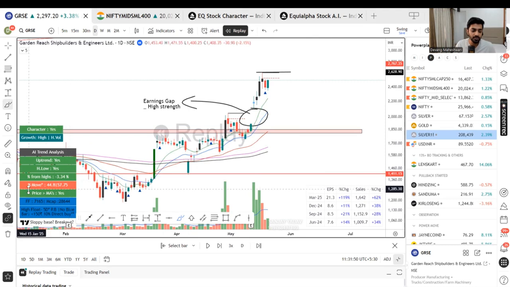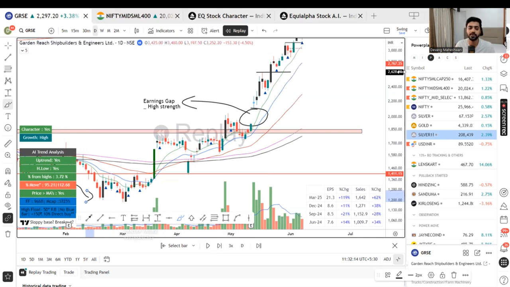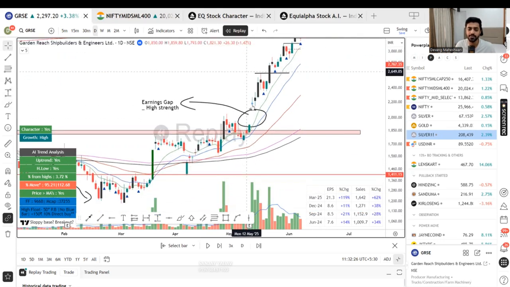Now it may look extended, but then such gaps can like keep on going up. And sometimes you may look this percentage move, it's coming great. But in such earning gap, you can still give it a chance because you have a huge force from here. You have huge force which was here. So even if this is coming extended up here, one can still try such earning gaps. So after getting this 15% up, it still kept on moving. Okay. After this 15% gap up, somewhere here 5 minutes you will enter and still gave 30%. Such gaps can be powerful.